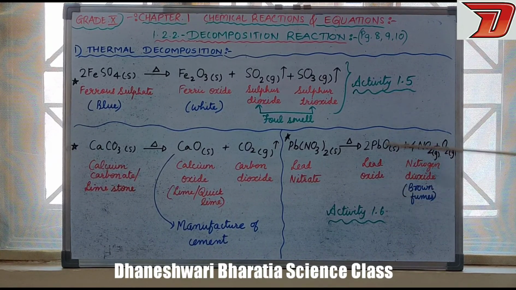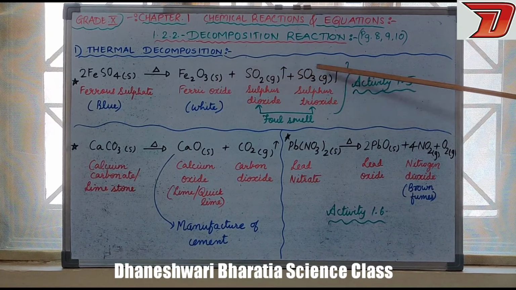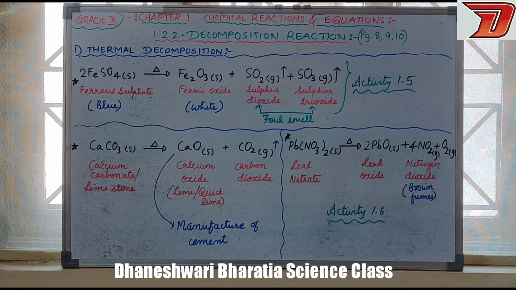And the activities which are given in your textbook, those activities can also be asked as a question of 3 marks or so. So it is important to note down everything in the textbook. I am repeating it again and again. Please note it down in the textbook also. And as I said, whenever we write the equations, below that you need to write the name of that particular compound, molecule or whatever.